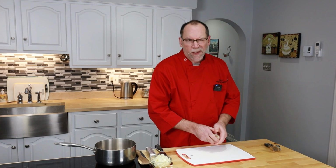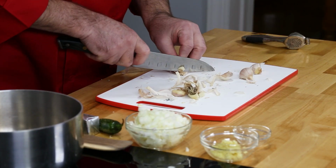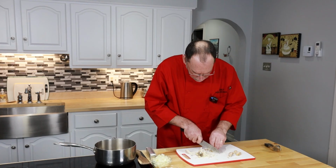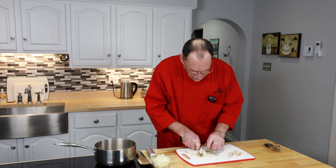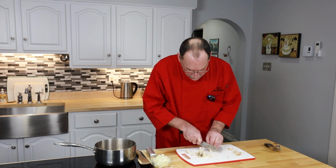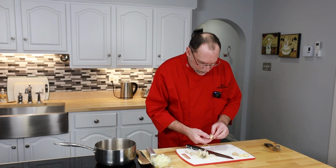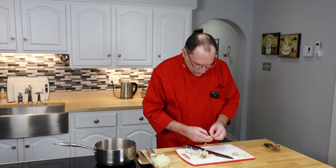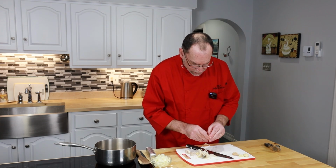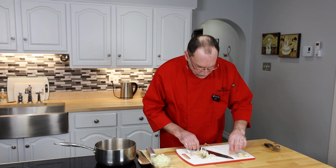I want 5 cloves of garlic. Take the ends off and makes them easier to get out of the shell, so to speak. These are fresh hard-neck garlics that I just planted, probably about 30 of them in the garden. Once your fingers get sticky with garlic juice, they remain sticky for quite a while. And I'll show you how to clean those off in a moment. I got a little trick for cleaning garlic juice off your fingers. And it really does work, which is...